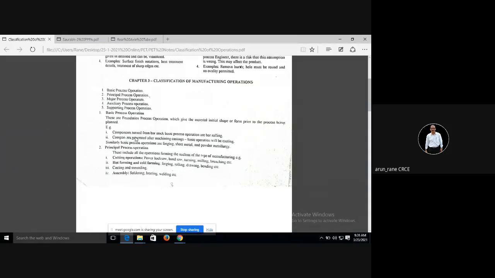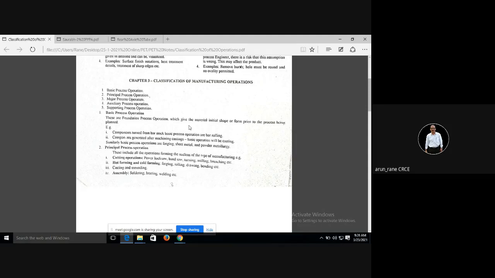So the example here is components which are made from bar stock. The basic process operation will be bar rolling. Suppose the raw material is bar stock, then it will be a rolling operation. In rolling also you have to state whether it is cold roll or hot roll. Hot roll will be in black condition because the external surface gets oxidized the moment it is exposed to oxygen. So you won't get the accuracy you get in bright bar, but the cost of black bar is quite less.